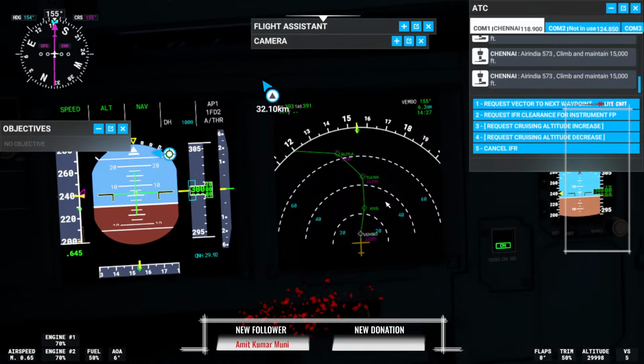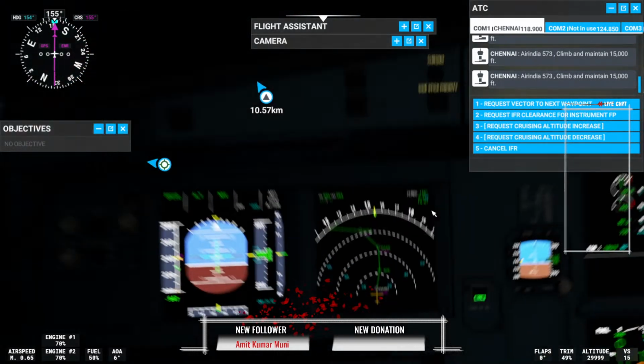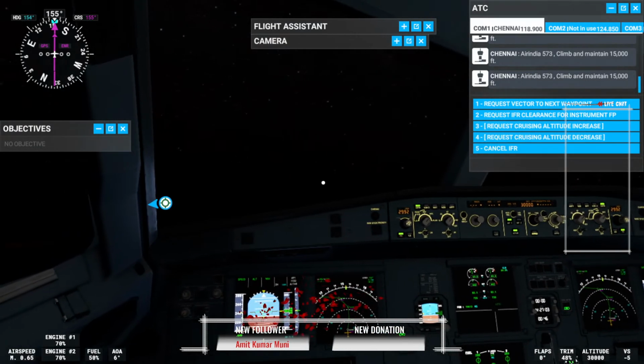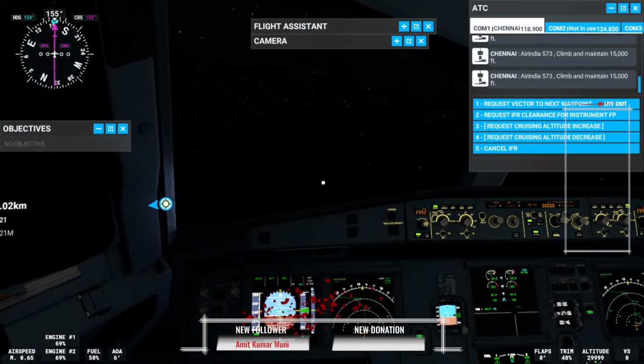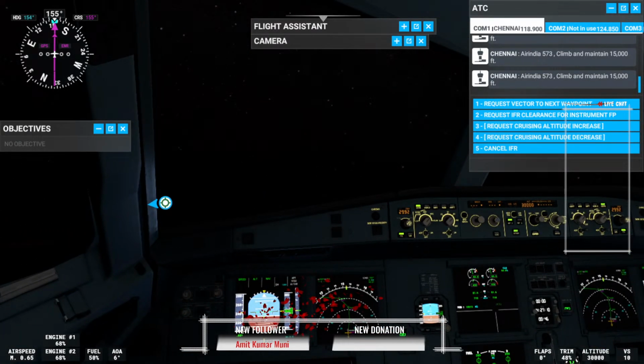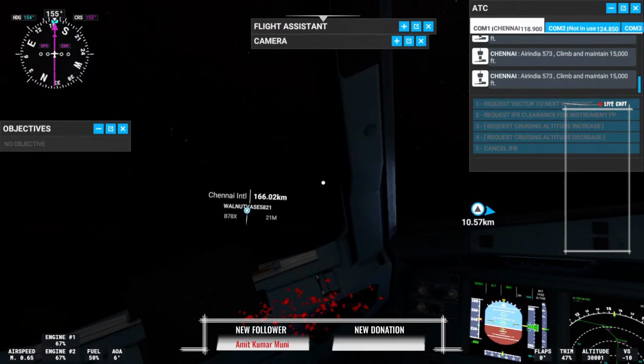Then again we have a lower value here of 9,000 feet. So this is something which we need to keep in mind, as I haven't heard anything from the ATC yet. It's broken. The ATC is actually broken here in Microsoft Flight Simulator until and unless